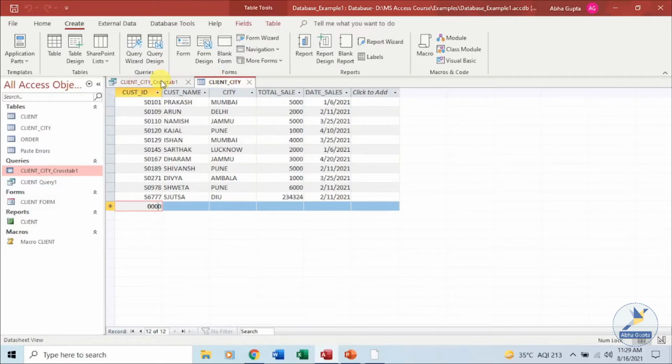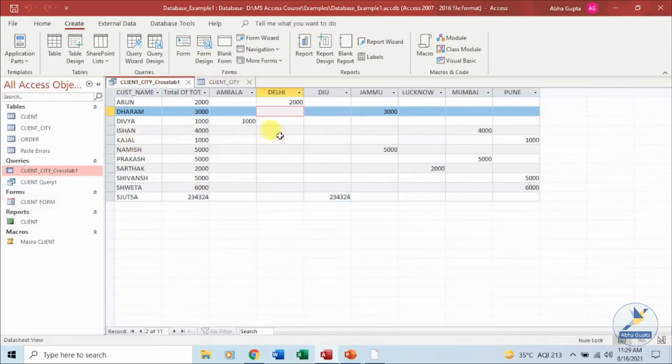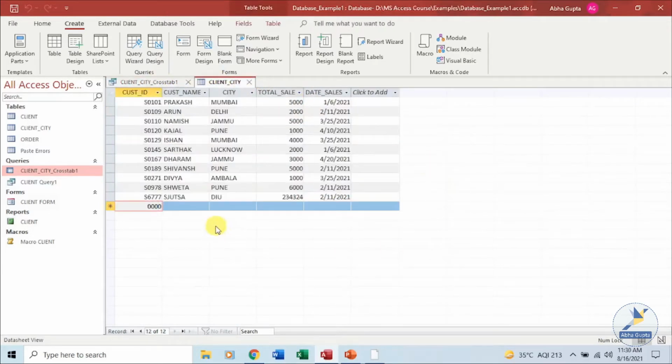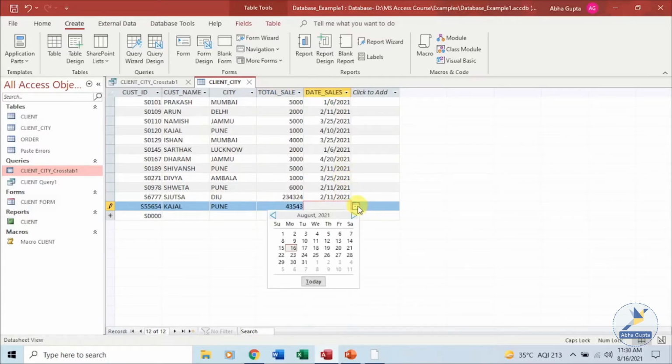Let's say in this we have Kajal over here for Pune. Let's add one more record over here for Kajal only. This is the data, and Kajal for Pune is there. Total sales, say something like this, and let's select a date over here, say this date.